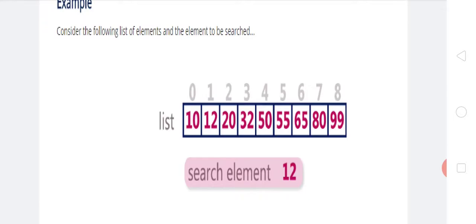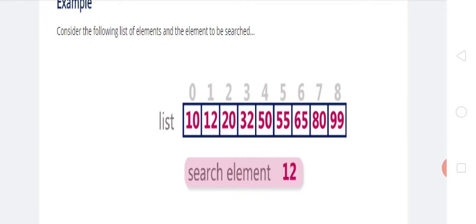See carefully, all the elements are placed in ascending order, and indexing starts from 0, 1, 2, 3 up to 8, meaning the array size is 9.